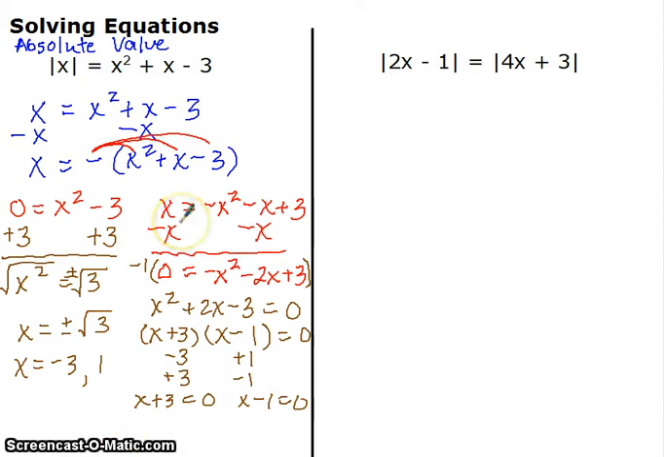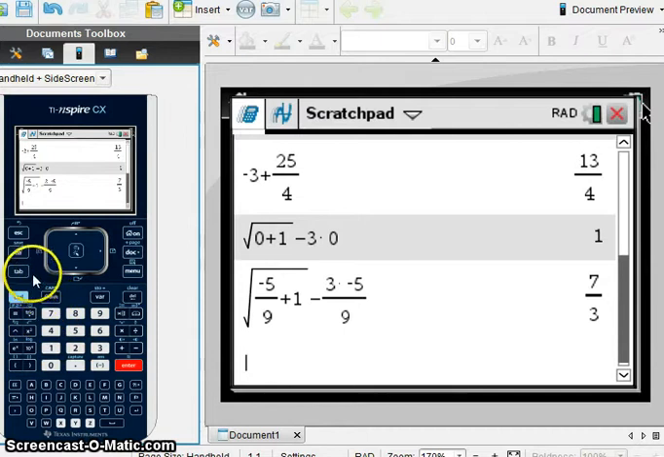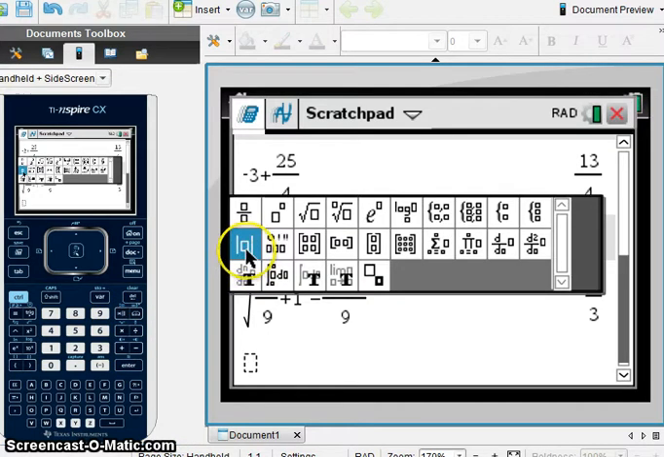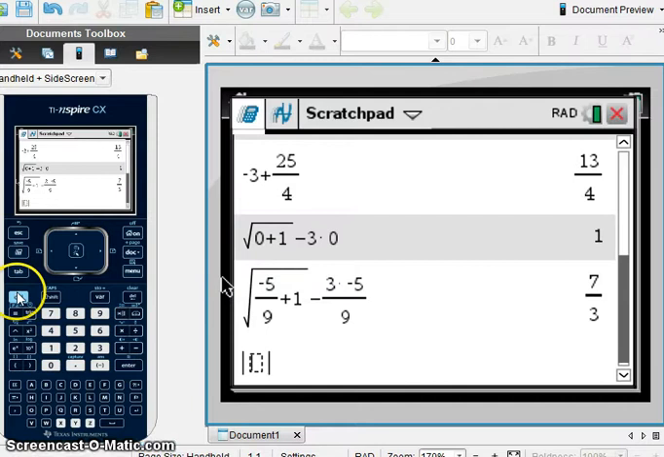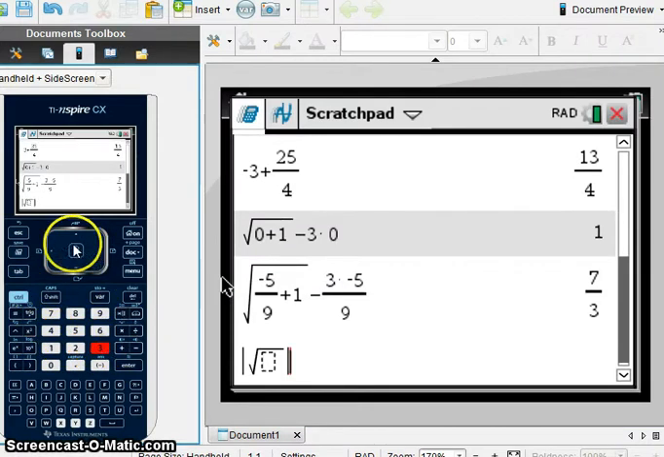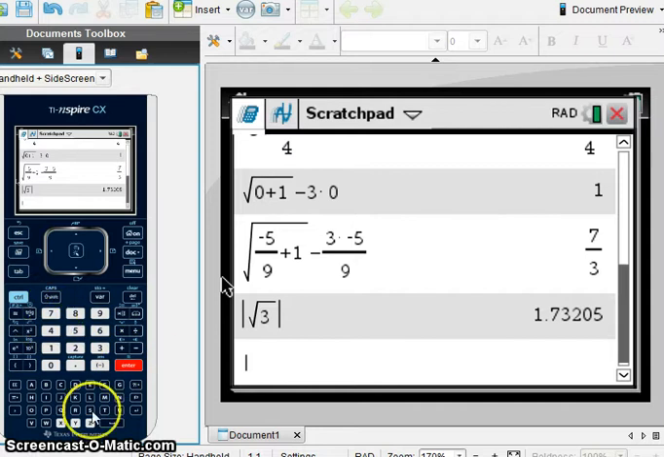Now again, like our last problem, we have to check and make sure that these work. So we're going to plug these back into the original problem and see if we get what we wanted. To get an absolute value on the calculator, you press this little button right here next to the 9. It's a template button, and absolute value is one of your choices right there. So absolute value, and we'll try square root of 3 first. And then on the other side, we need to equal the square root of 3